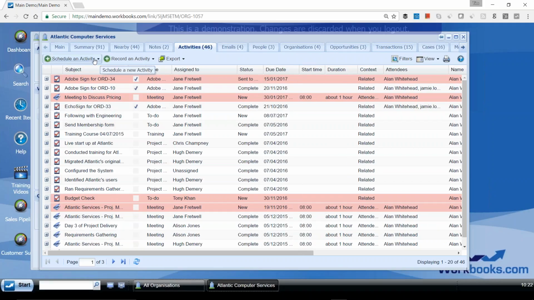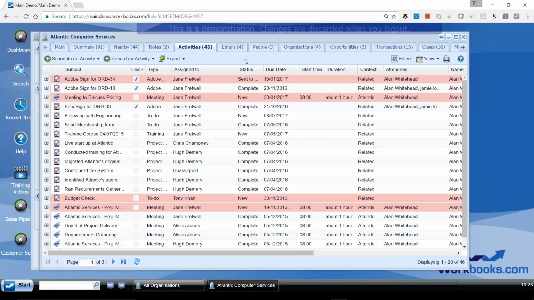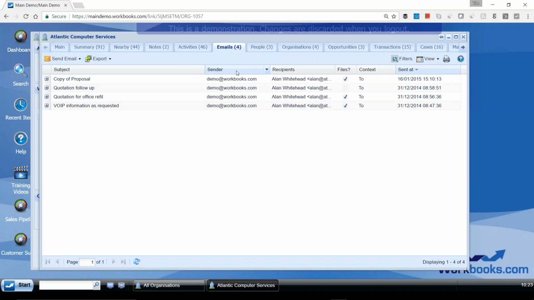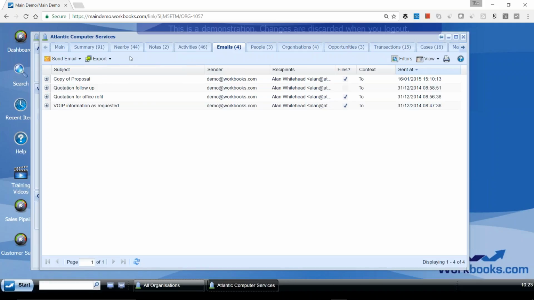There's so many ways of creating new reminders in the system for yourself or a colleague, and of course with the integration with Outlook, that's another way of having you create those tasks and reminders. Emails. What emails have we sent or received from this client? Not only our emails, but our colleagues' emails as well. You'll be able to see it here exactly as you see it in Gmail or whatever. In fact, you can create new emails from here if you want to. In the interest of automation, there's all of your emails.